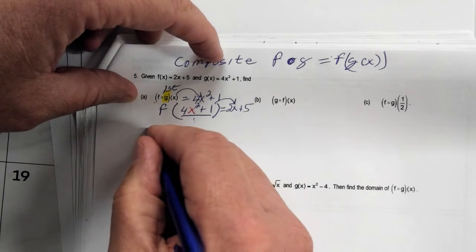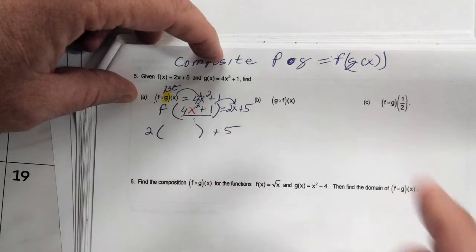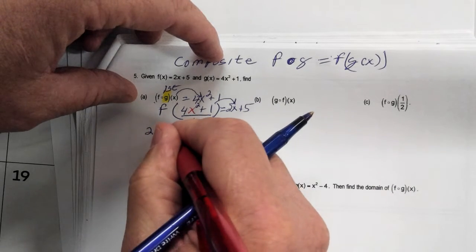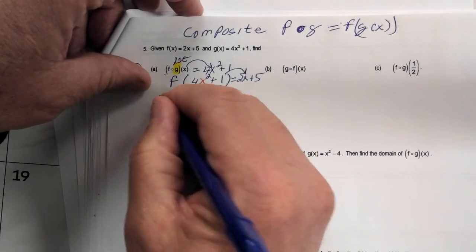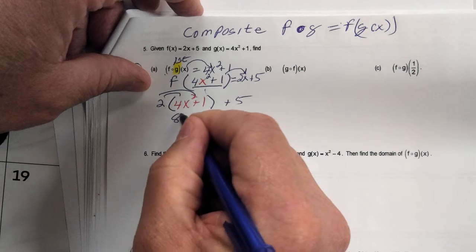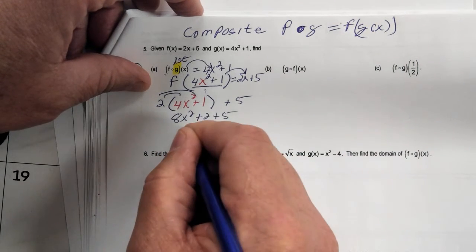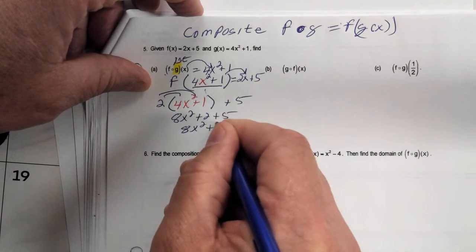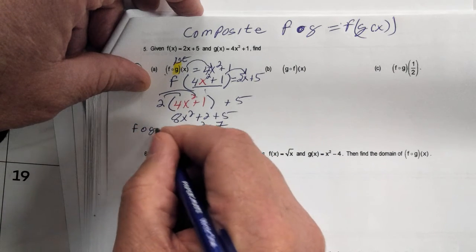So I get 2 times something plus 5. What am I plugging in? 4x squared plus 1. Distribute and simplify. You get 8x squared plus 2 plus 5, which is 8x squared plus 7. F circle G of x